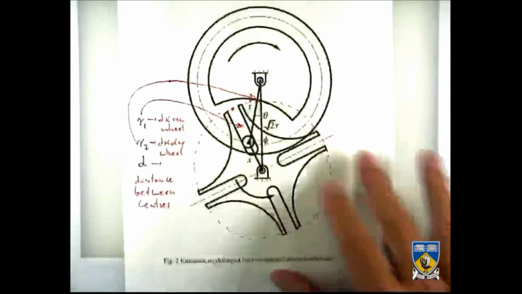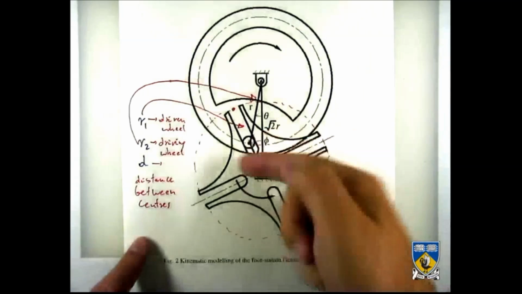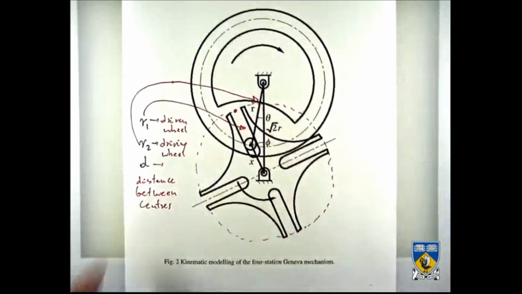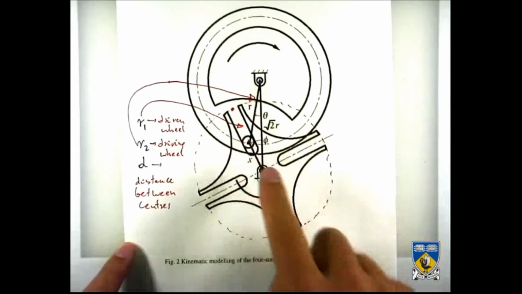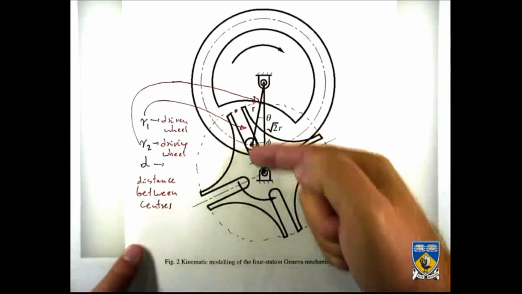So we go back to this picture, and of course, we need to understand that the picture is for a 4-station Geneva wheel, but a similar picture can be drawn for an arbitrary number of stations, just the beta angle is then different. So this is the mode of the pin engaged in the slot. So we need to use this triangle